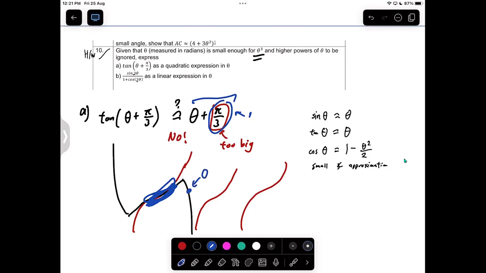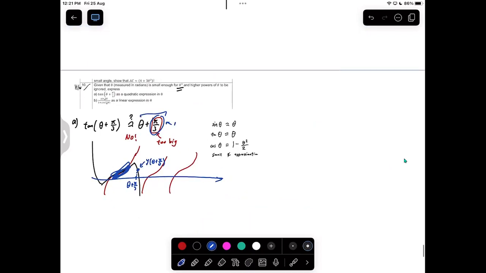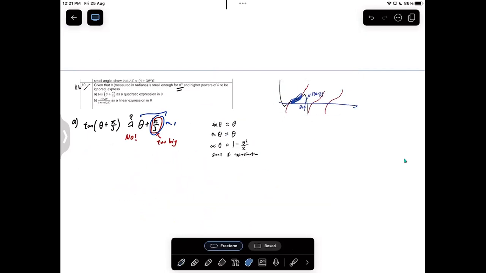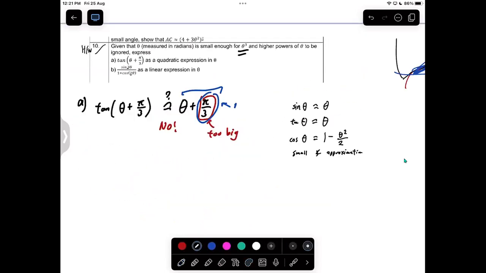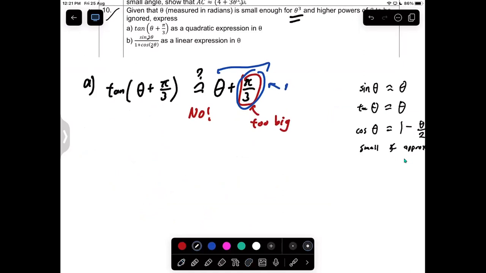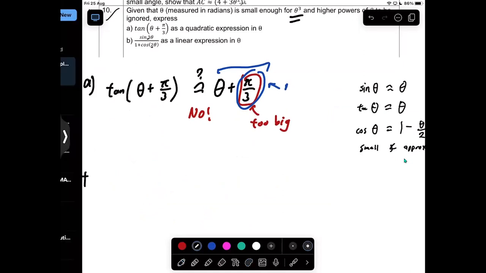If the x-axis is here, this will be your theta plus pi over 3. Then this will be your approximation, the y of theta plus pi over 3, where y is the Maclaurin series approximation, the black color curve. So, too big, what do we do? You have to use your expansion formula for tangent, or what we call the compound angle formula for tangent. So tangent of A plus B is how much? If you look at the MF26,